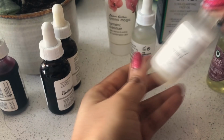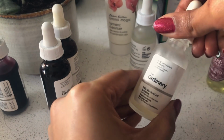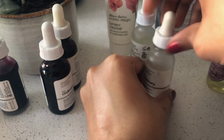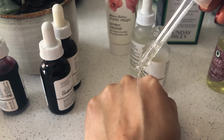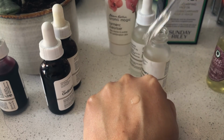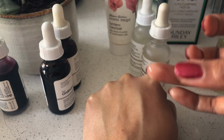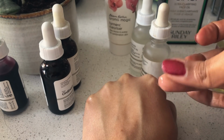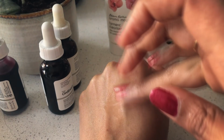I think it is very important for people who have even the tiniest breakout. Even if you don't have acne skin, I think it is great to have salicylic acid in your skincare. I'm talking about the cupboard, in that little product box. Keep salicylic acid, because you never know. It is great for back acne and chest acne, even if you have acne around your hip area or butt area, wherever you have acne, even in the bikini line area, you can put salicylic acid there, because it has the tendency of drying it